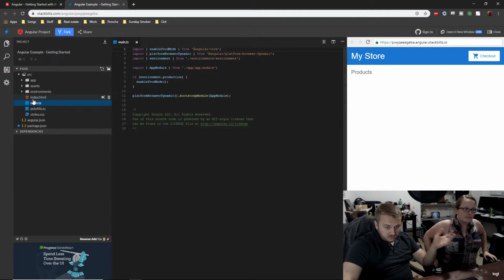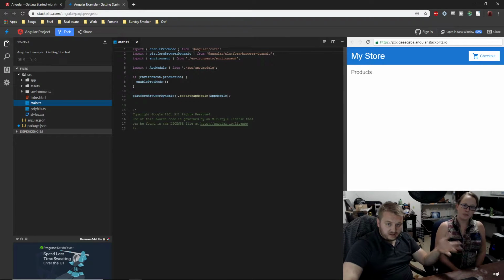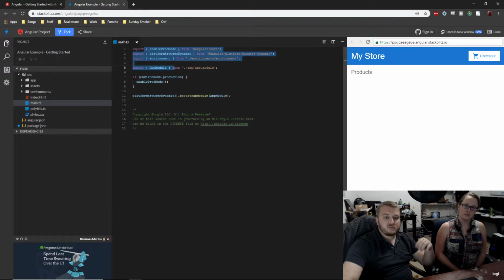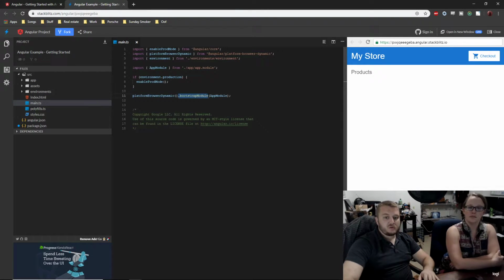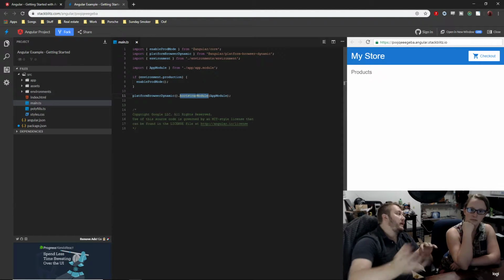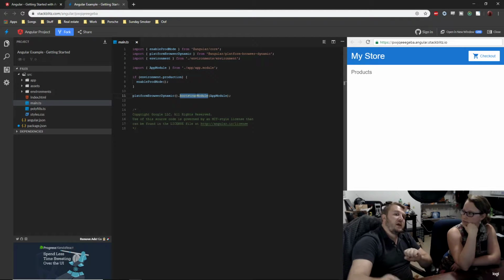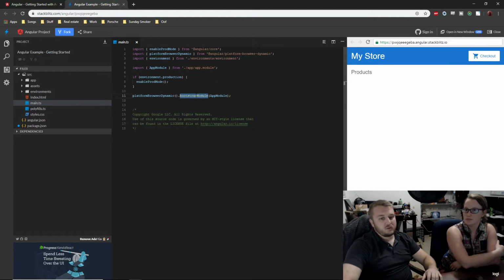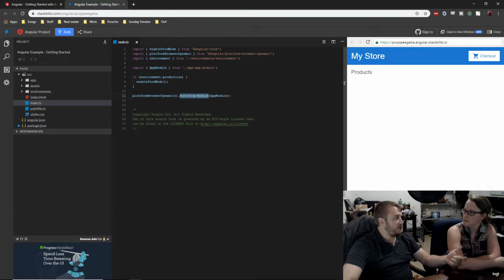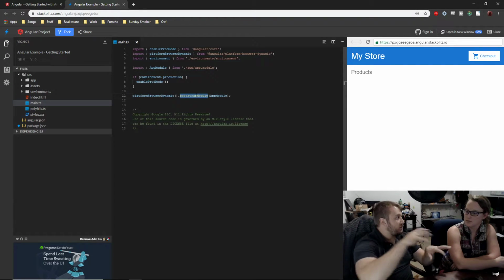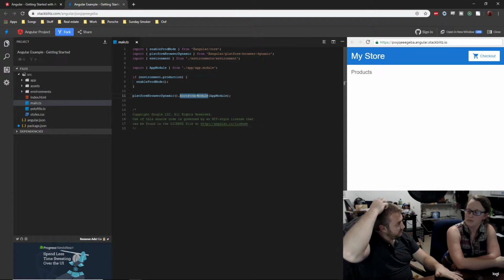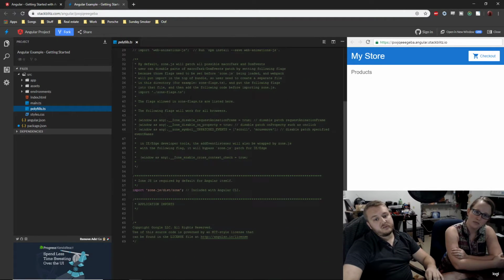Main.ts is TypeScript, and this does exactly what I just talked about, where we bring in some of our environments and stuff, modules, and if we want to run production, a little thing there. But then platform browser dynamic bootstrap module, that's saying take this app module, which is the code that's been written, bootstrap it, basically go find that element and throw it onto the page, or basically give a reference to that element so that the app module can go through and populate the page out. Okay. Polyfills, this is something,